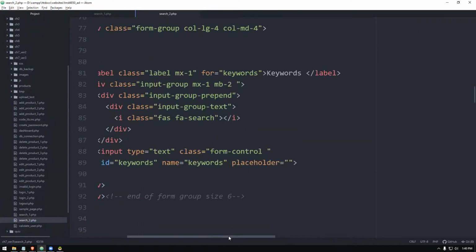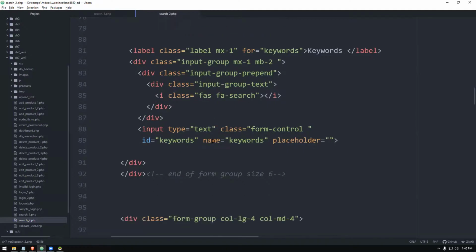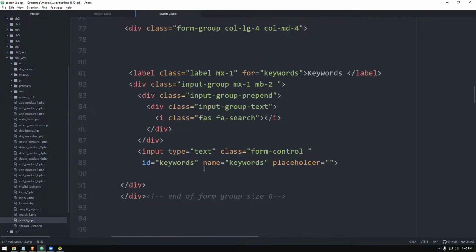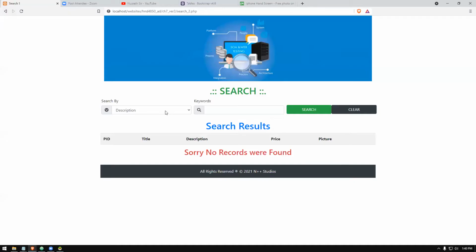Inside the keywords text field, type text, right? So you just use a value here, not a class, the placeholder value. Use this PHP code echo, not row array, keywords variable. That's all.